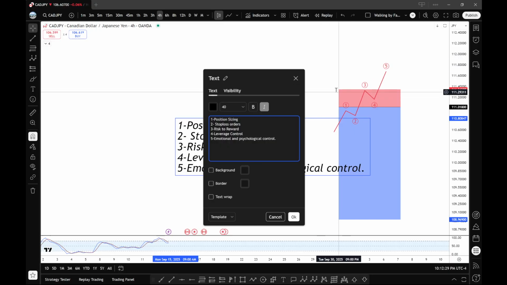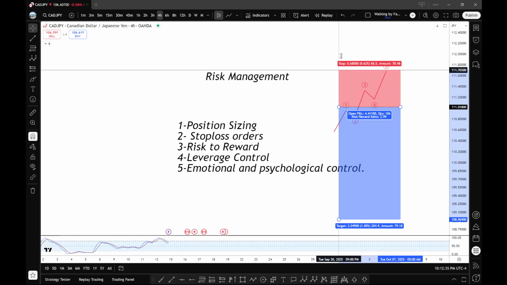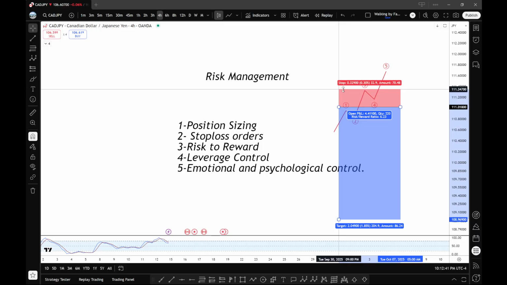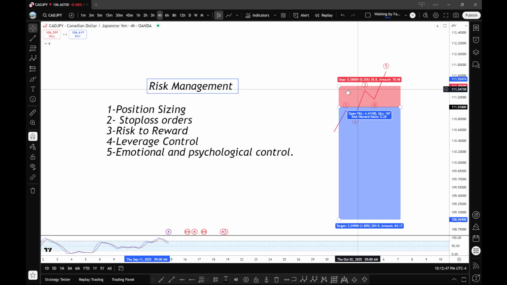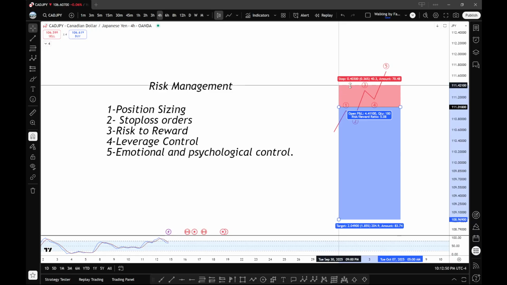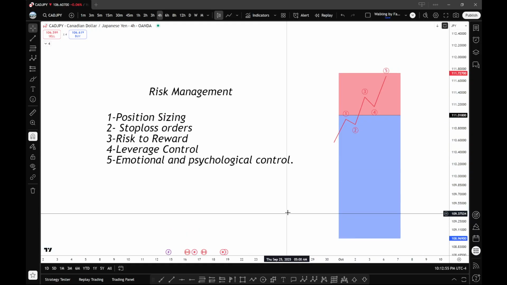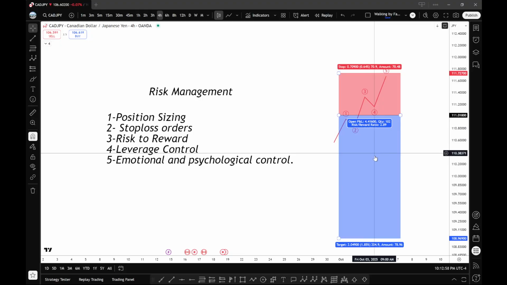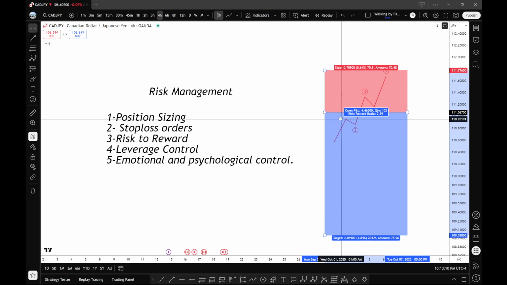Remember how I said we tend to, when we see the trade going red, move our stop loss? Yeah, that's your emotion. That's fear. Fear is emotion, right? We don't want that. Why? Because at the end of the day, emotion can cause you more losses than wins. You want to trust in your skill set. You want to trust in your confirmation, your trading plan, your own ability to analyze the market,